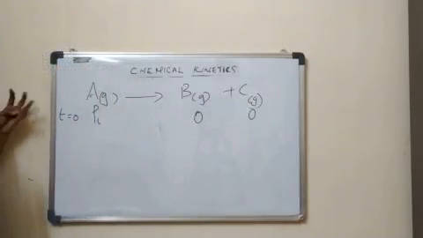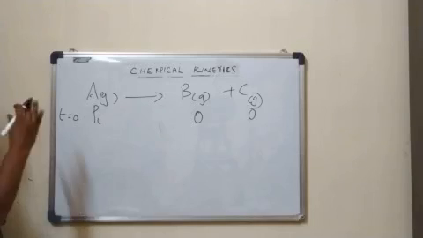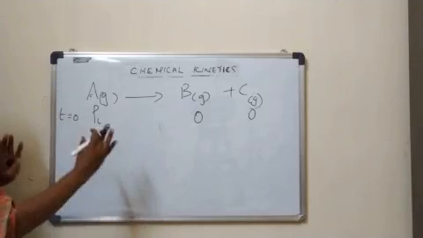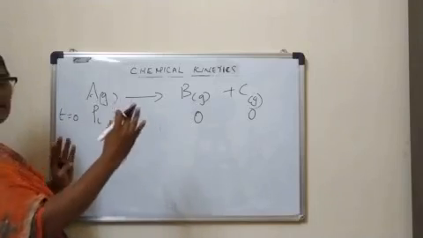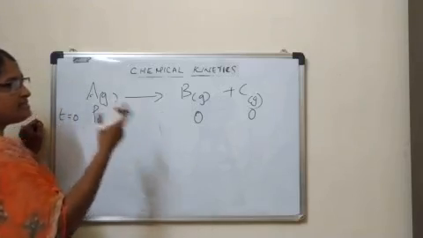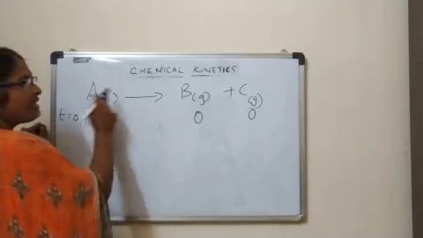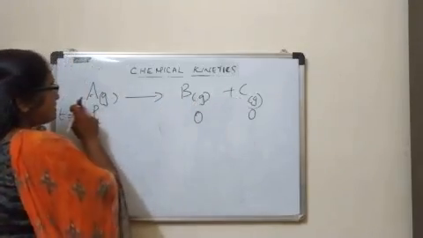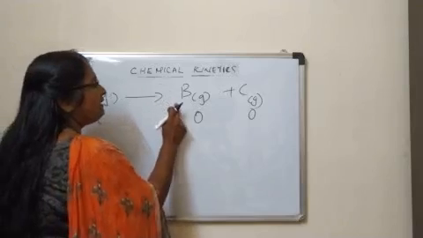Then after a time T, the reactant A molecules are getting converted into B and C. As time elapses, A will be getting converted into B and C. So the total pressure is due to A as well as B as well as C. So that is the sum of pressure due to A, B and C.